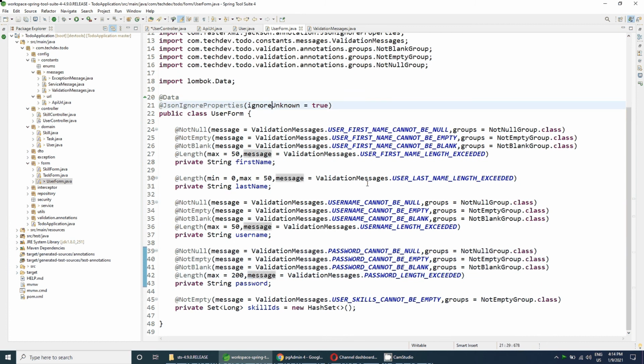And another validation we left for the skill IDs, that we need to check that all the skills IDs are valid. So for that we need to create a custom annotation that we will create in our next videos, and further we will do some more validation part left. That is, we need to create the groups and sequence for the at the rate length annotation. So I think it will be fine for this video, guys, because it will take some more videos to complete the API.